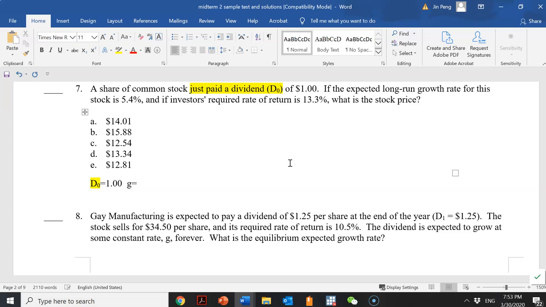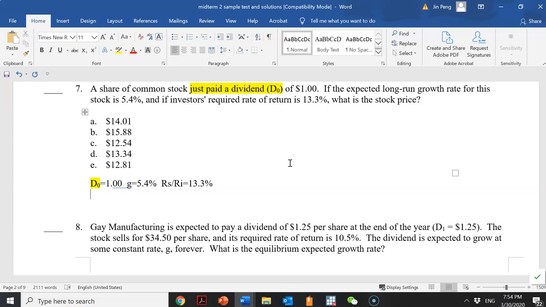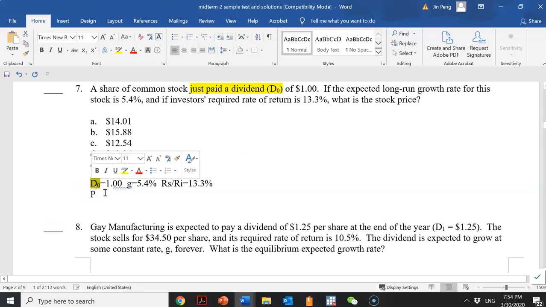G, the long-term growth rate, is 5.4%. And our rate of return, R, or you can say it's RS, it equals 13.3%. This is the rate of return for the investor, for the stock. This is also the cost of common equity for the firm. So our stock price, P0,